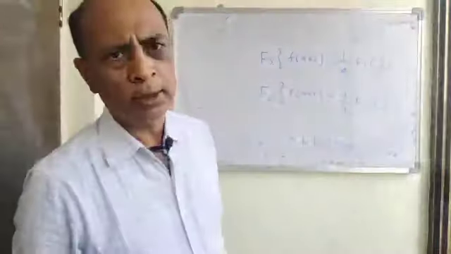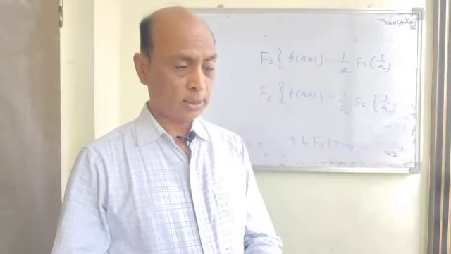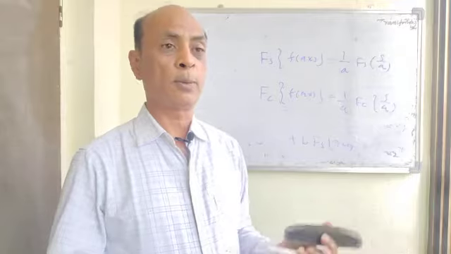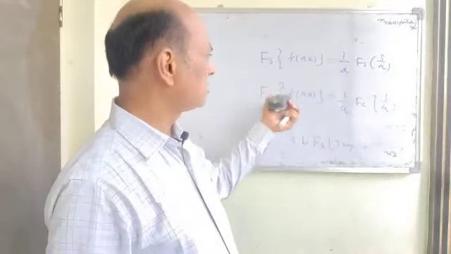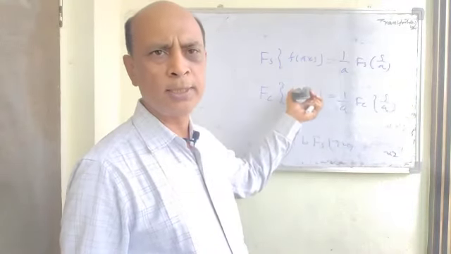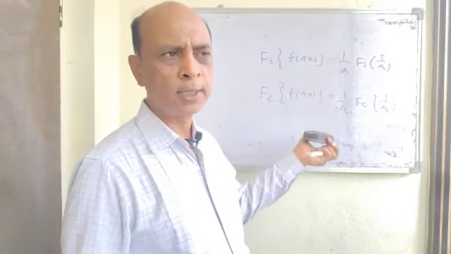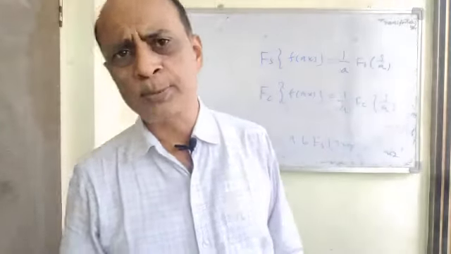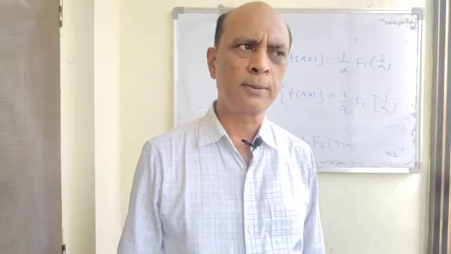So you can derive all these results, or you can understand them, because there are so many MCQ questions on this, such as f(x) sin ax, f(x) cos ax, or the Fourier sine transform and cosine transform. They give similar results. Linearity property, similar result. Shifting property, similar result. Change of scale property, similar result. Just in place of the complex Fourier transform, we have to use the Fourier sine transform or Fourier cosine transform.